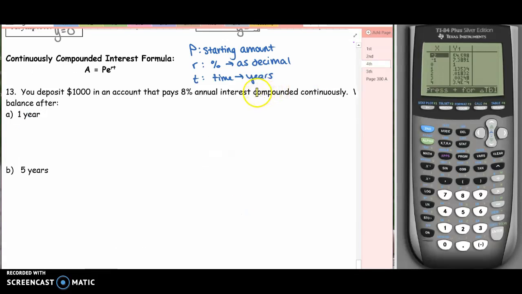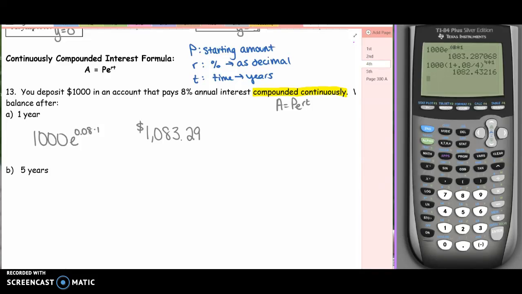If you see the phrase compounded continuously, that means you're going to use this Pert formula, A equals Pe to the rt. We set this up the same way we did yesterday. So we're starting with $1,000 times e. Our rate is 8%, as a decimal that's 0.08, times the number of years. Plug it into your calculator, see what you get. You should get